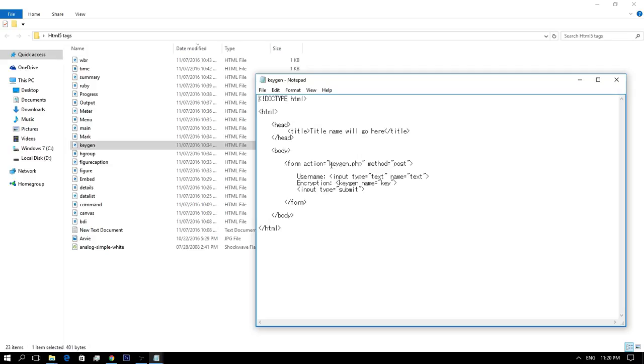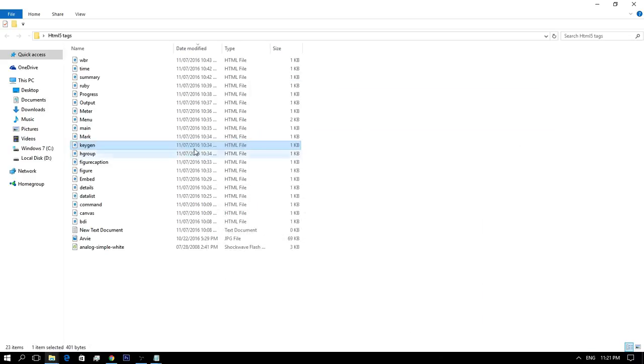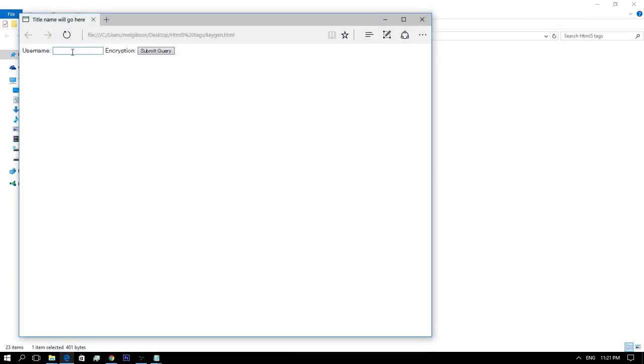So right now, we're not using the PHP, so it cannot show the final output for the keygen element. So I will show the example.